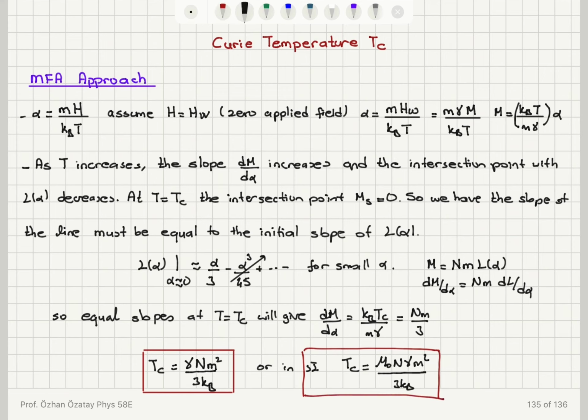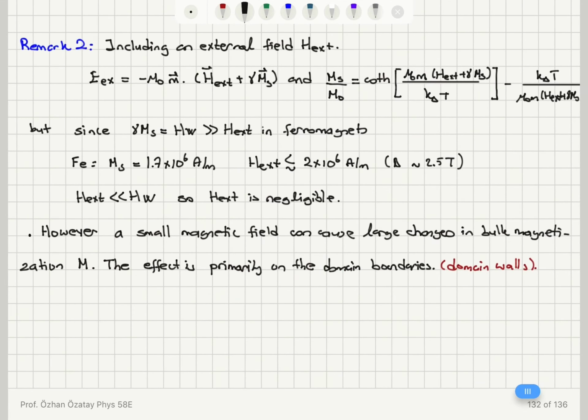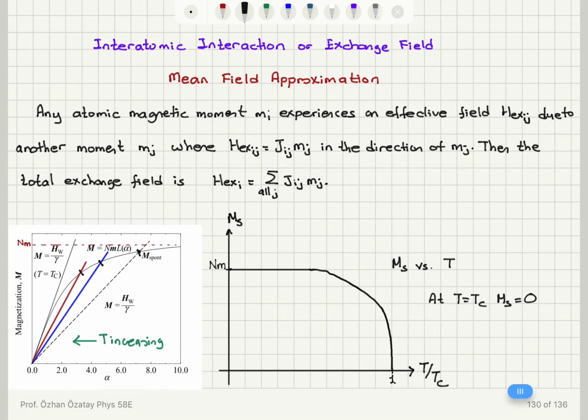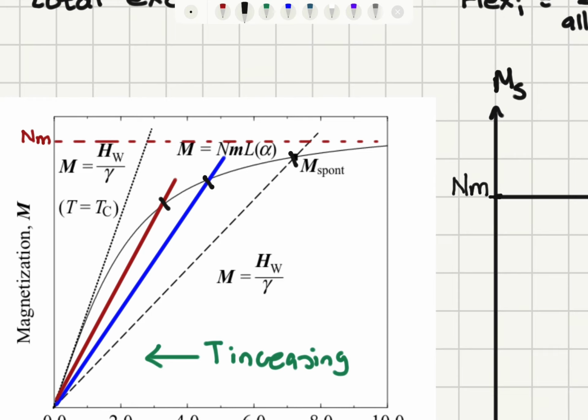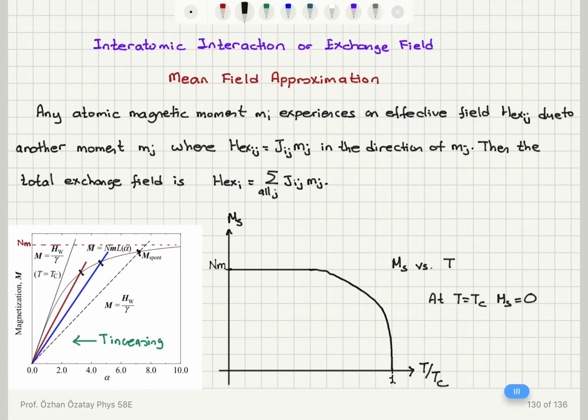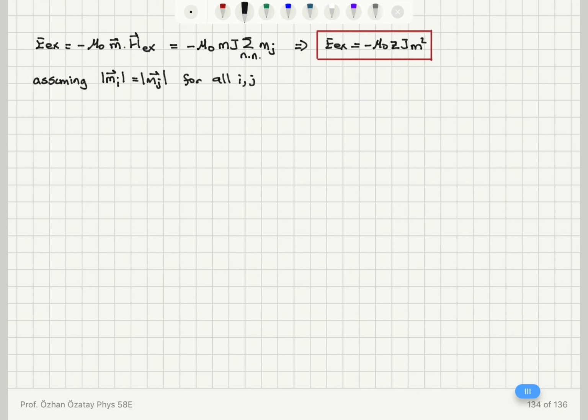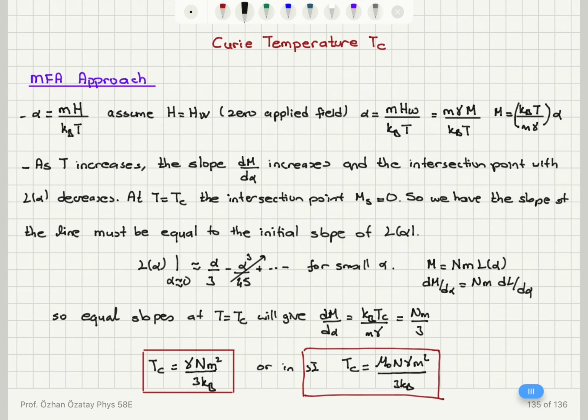Okay, so remember we talked about magnetization as a function of temperature here. So this is basically what we're doing. We're looking at the slope of this line, M equals Hw over gamma from the mean field approximation, and equating the slope to the slope of the Langevin function at the Ms equal to 0 intersection point when the temperature is equal to the Curie temperature. So that's what we did. Now, if we look at